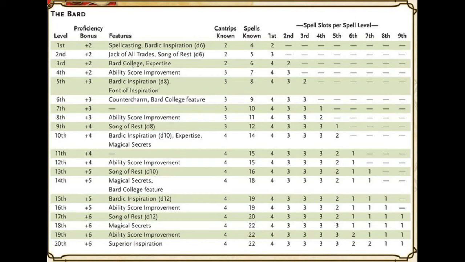Now, when you're building your character, you're probably going to find that most characters that are playing a bard will have a 16 in their charisma score, which means their modifier is a +3. So if you've got a 16 in your score, you get a +3. That should really be the lowest score you get, particularly at level 5. If you've increased your charisma, chances are you'll have an 18 in charisma and a +4 in your charisma modifier, which is all good. That means more uses of your bardic inspiration.